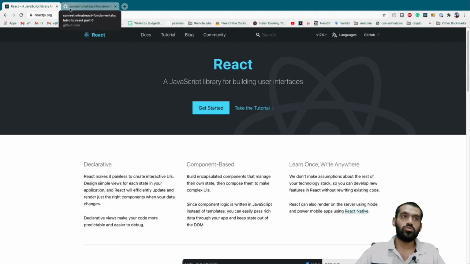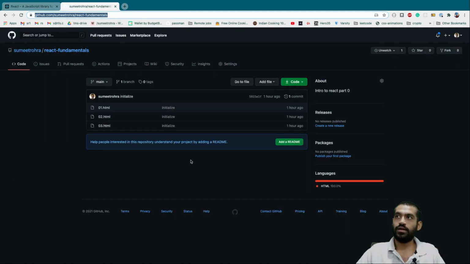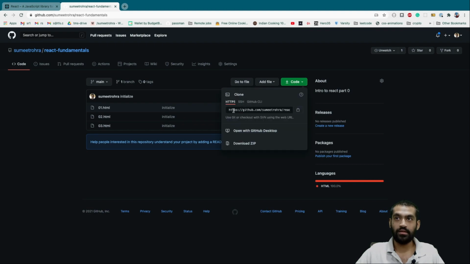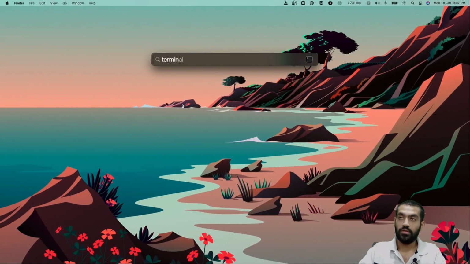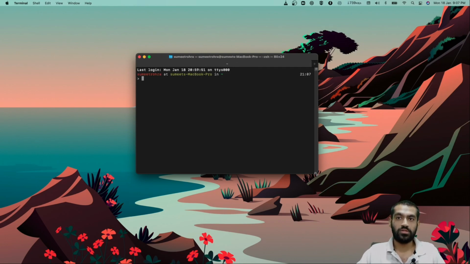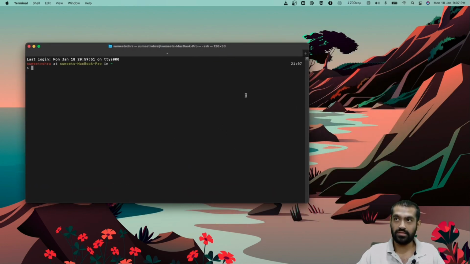Okay, so to get started with this, I have this small exercise that you can work around with me, right? I'll make sure to link it down in the description, and just click on that link and click here on the code button. Click on HTTPS, copy this link, come here, open the terminal, command prompt in Windows, terminal in Mac and Linux, right?